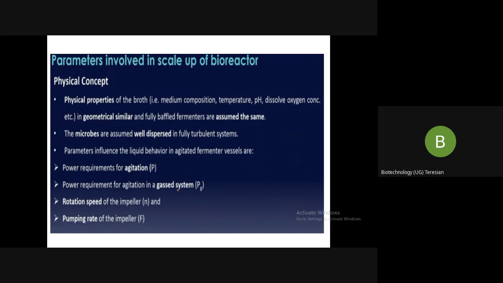And the next one, we'll see the rotational speed of the impeller. The rotational speed of the stirrer also plays a very important role because as the bubble goes out, if we increase the rotational speed, then one bubble will disintegrate into smaller bubbles. The smaller the bubbles, the more the surface area and the more the mass transfer will be. Again, I'll draw it and show you the rotational speed.